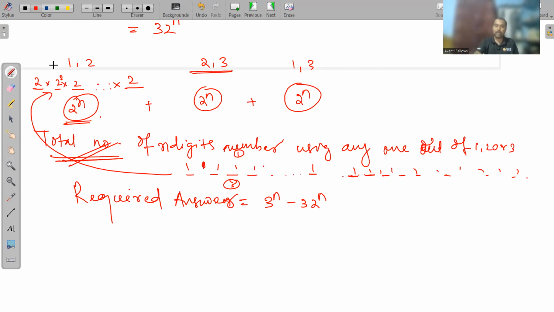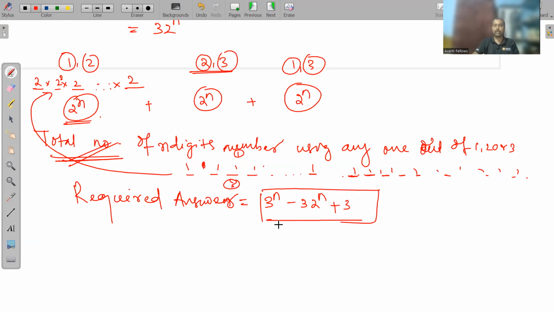इसमें मैं 1, तो 1 को मैं 2 बार यहाँ पे subtract किया हूँ, और 2 को भी 2 बार subtract किया हूँ, और 3 को भी 2 बार subtract किया हूँ, ठीक है। लेकिन मुझे करना चाहिए कितने बार ना, एक बार करना चाहिए, लेकिन मैं 2 बार extra और एक बार subtract कर चुका हूँ, तो इसीलिए मैं क्या किया ना, 3 को add कर लिया, ठीक है, 3 को add कर लिया। So this is my required answer, 3 to the power n minus 3 into 2 to the power n plus 3 is your required answer, ठीक है।